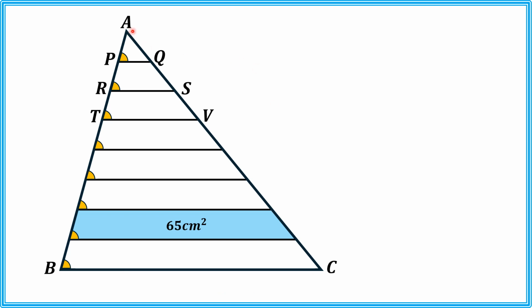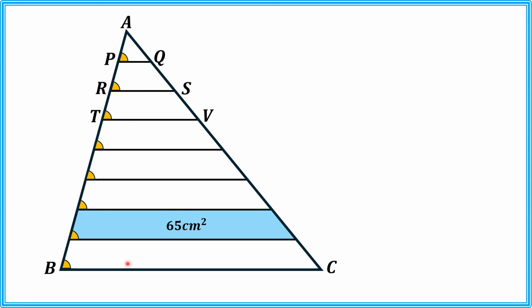If we have different triangles such as APQ, ARS, ATV, ABC, and in a similar manner other triangles, these angles are the same in each triangle and A is the common angle, so by angle similarity all the triangles